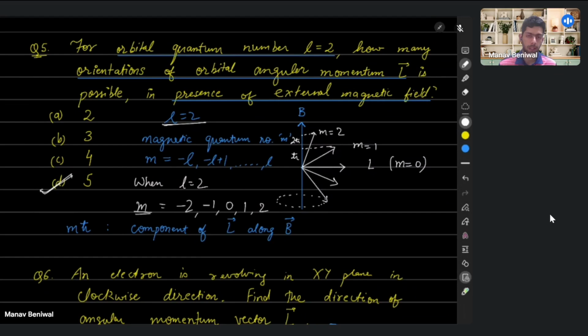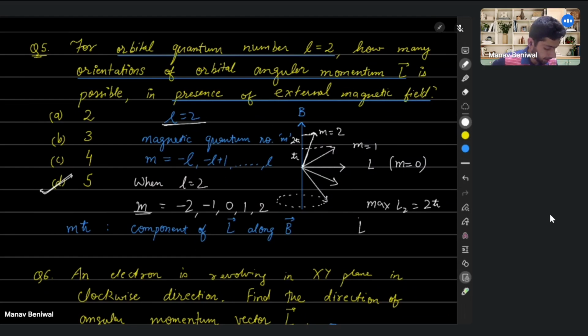When an electron is in a d orbital, the maximum component of L along Z is 2ħ. So maximum Lz is 2ħ,